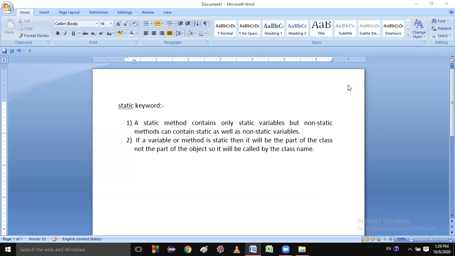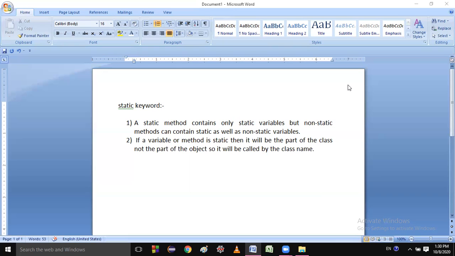In the same way, in Java, the actions are called methods, and the properties are called variables. If I make an object of the class, will the variables and methods be part of the object or not? Tell me.